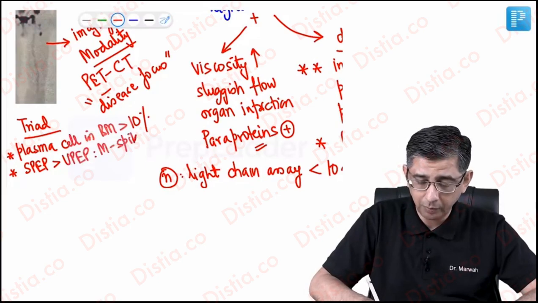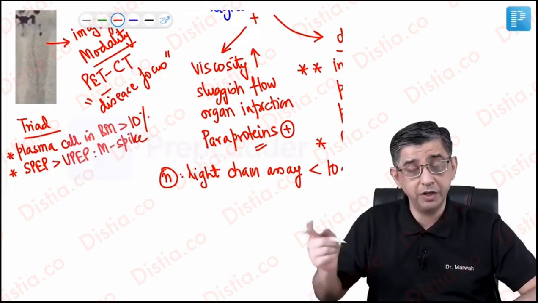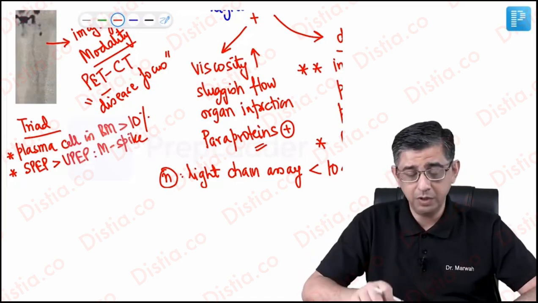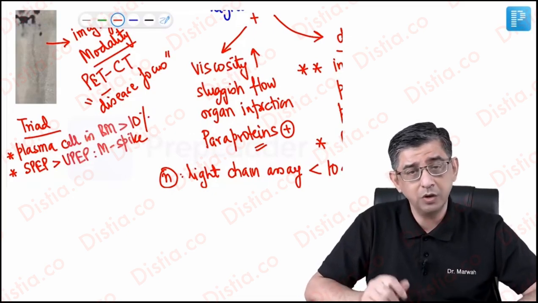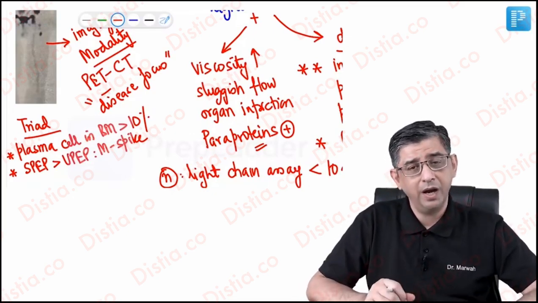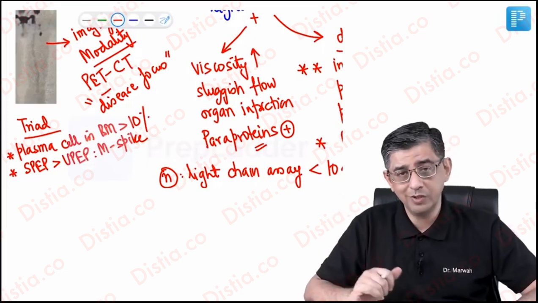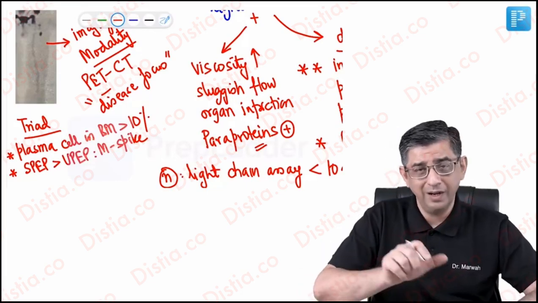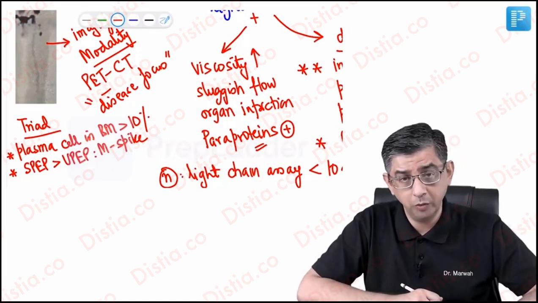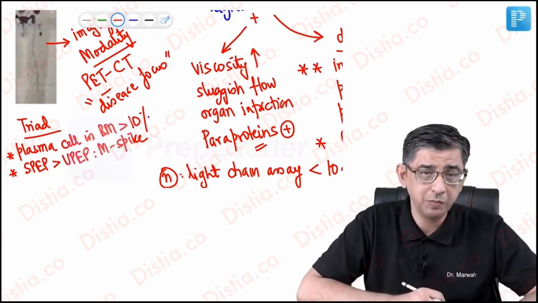And M here does not mean that some M alphabet-shaped spike is present. It simply means a monoclonal component. It means the antibodies which are present in this disease are going to be monoclonal antibodies. And I'll be demonstrating two techniques subsequently, by which we are able to demonstrate this monoclonal spike: immunoelectrophoresis and immunofixation, which can be given as image-based questions to you.